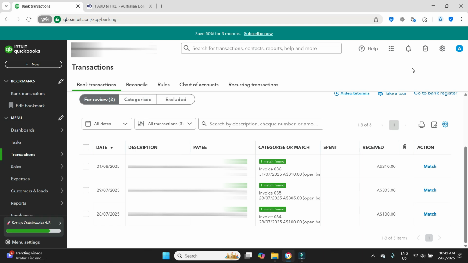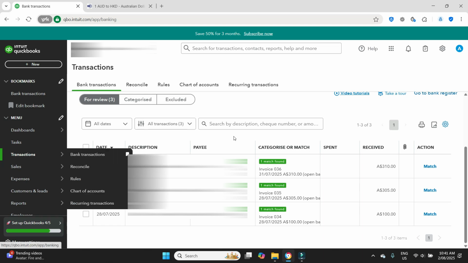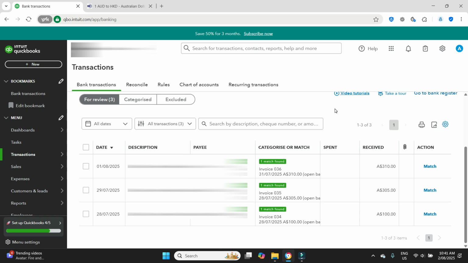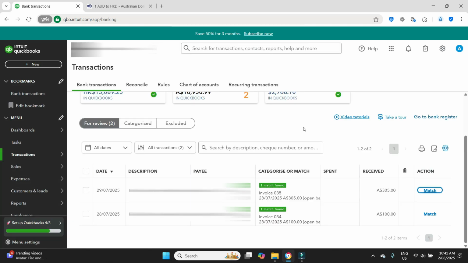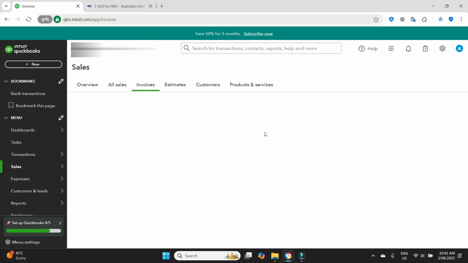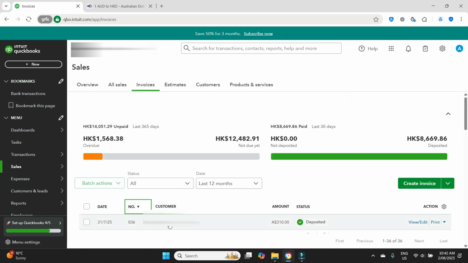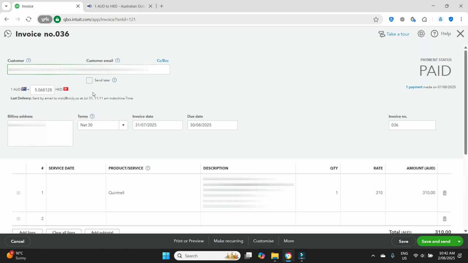We're in the bank rec here, under transactions, bank transactions, in the AUD bank account, and the money has come in here, invoice 36, and we've clicked on match. Now when we go to have a look at invoice 36, you wouldn't know any different by looking at this, everything looks fine. But if you go to have a look at this actual invoice, there it is, invoice 36, we'll go view it. You can see this is the actual invoice, the sale, not the payment, and the exchange rate has been calculated correctly at 5.06. But when you go to the payment,